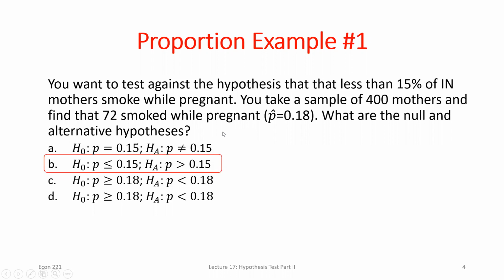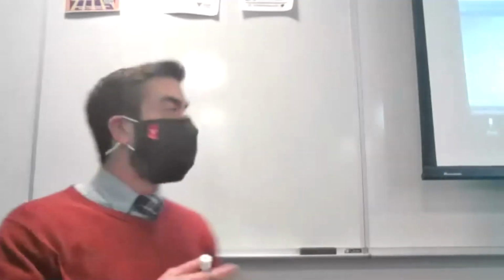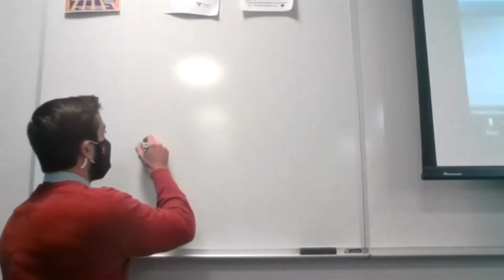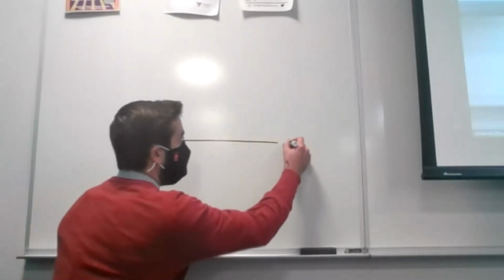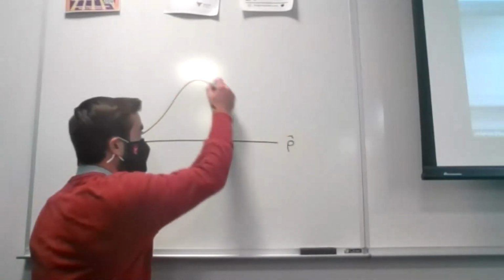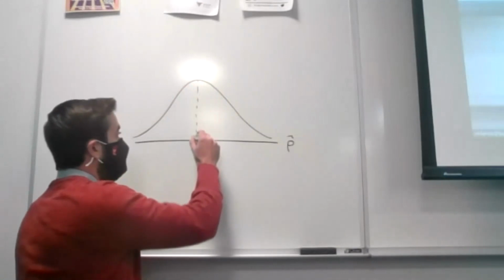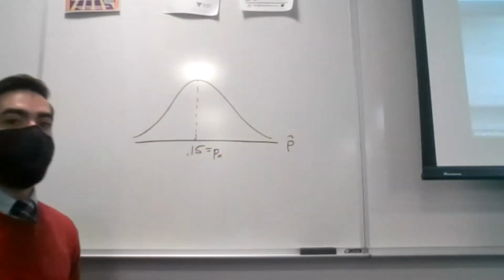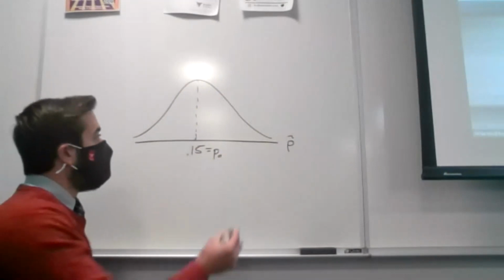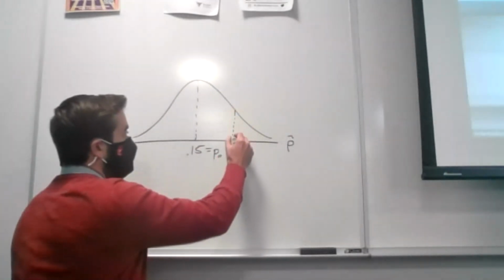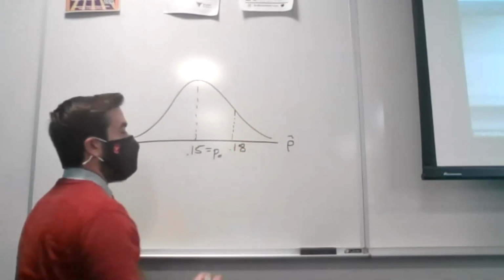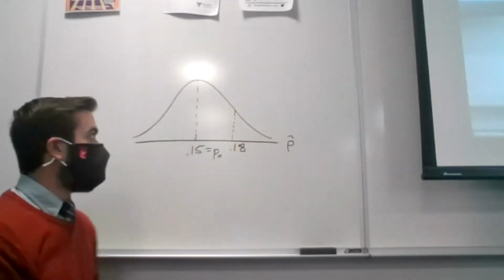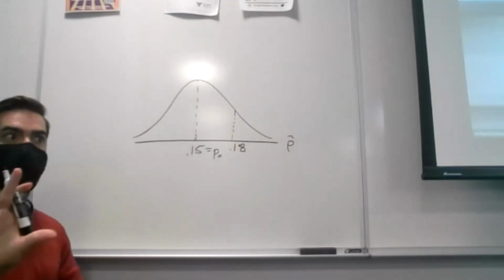We could find our test statistic or we could find our critical value. Those two we could interchange. So what we're really looking at here is my distribution of sample proportions. The assumed true population proportion that I was using was 0.15, and I found a sample proportion of 0.18. Okay? So if we do the critical value approach first,